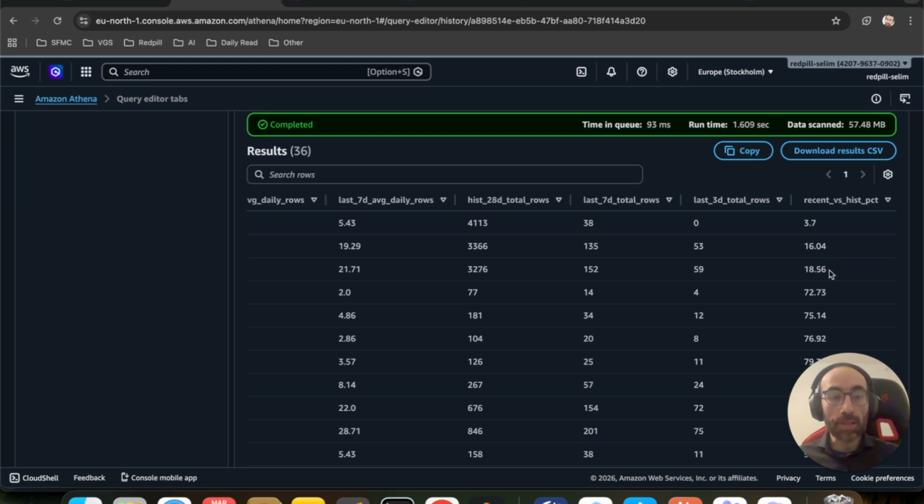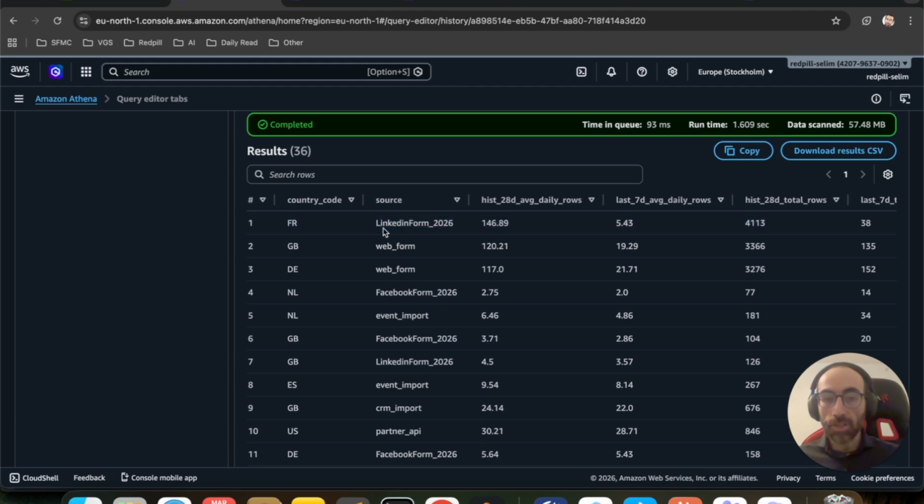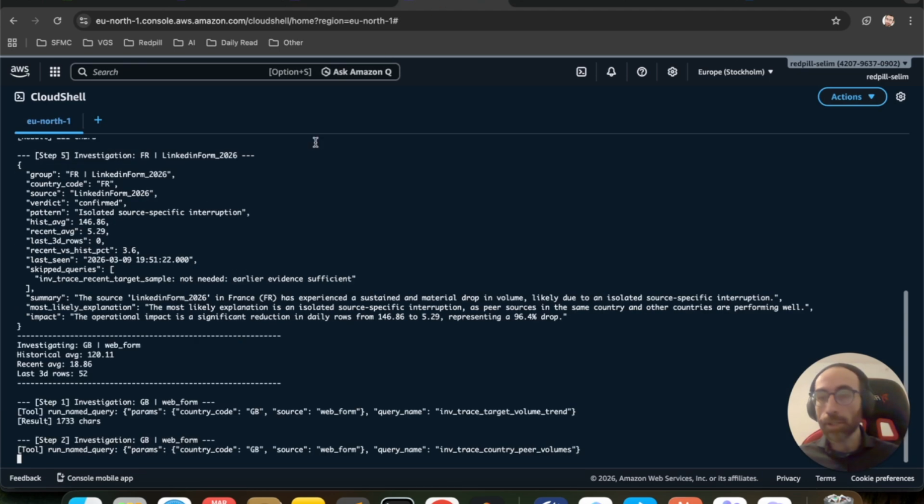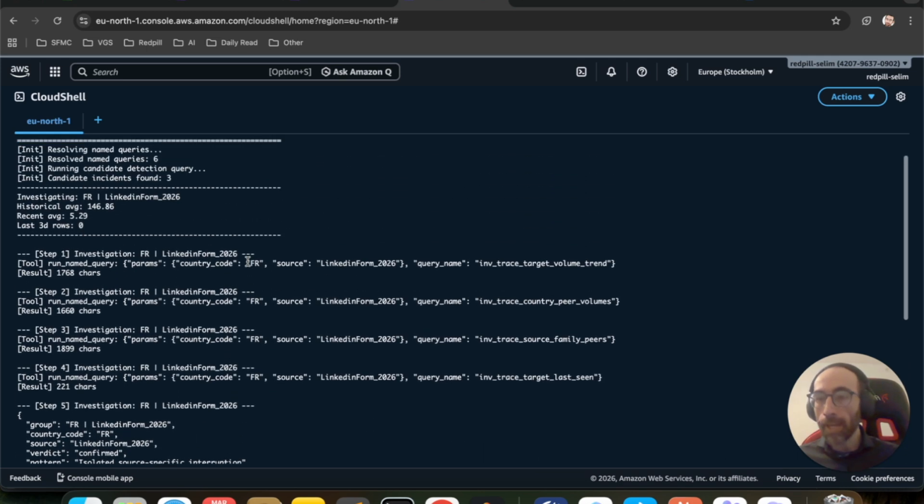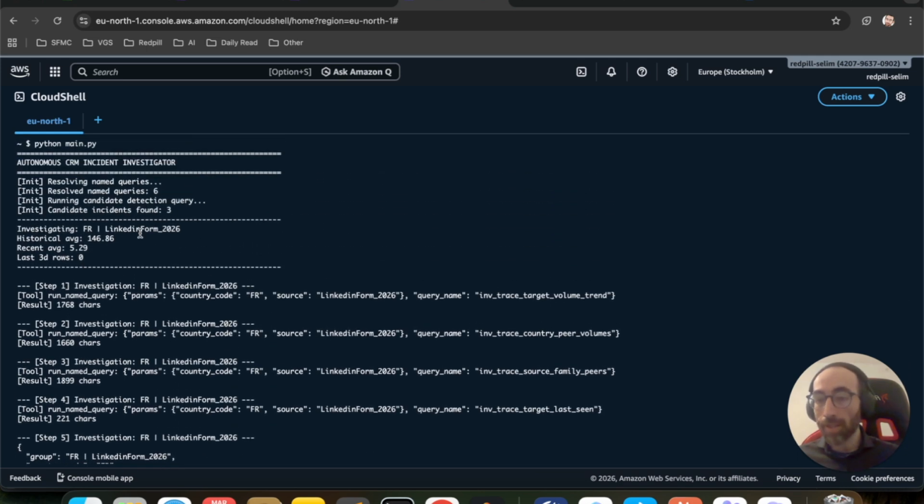But first, we detect the anomalies. As you can see, the three forms have drops recently compared to their previous, historical data. And these are the FR LinkedIn form, GB web form, and DE web form. Let's go back to the analysis and go to the part where Nova does the reasoning and all